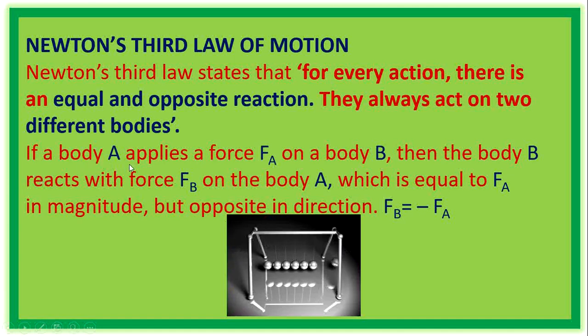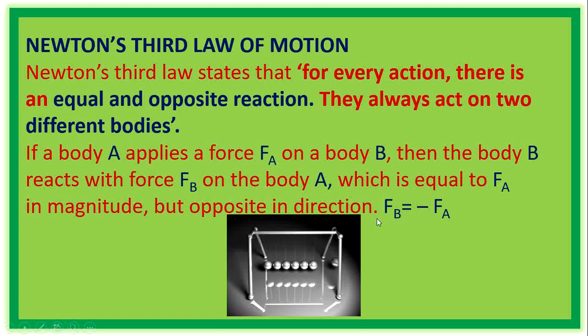So, if a body A applies a force Fa on body B. Here the first bob is body A and the last bob is body B. So, here A produces a force Fa on body B, then B reacts with the force Fb on body A. So, if A produces a force Fa on B, then body B also produces a force on body A, which is equal to Fa in magnitude. That is, if Fa is 5 Newton, then Fb is also 5 Newton,